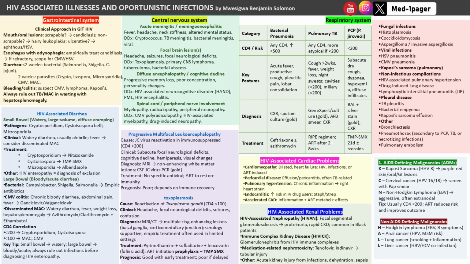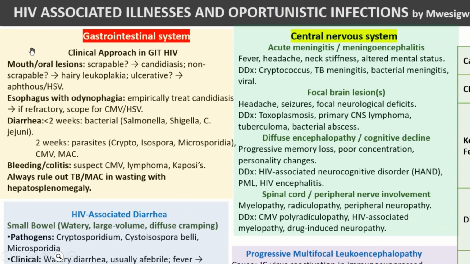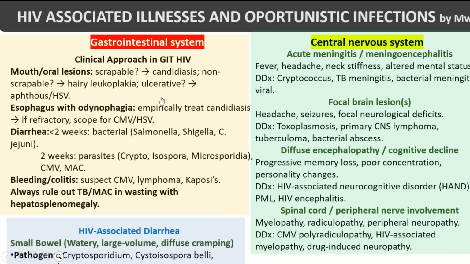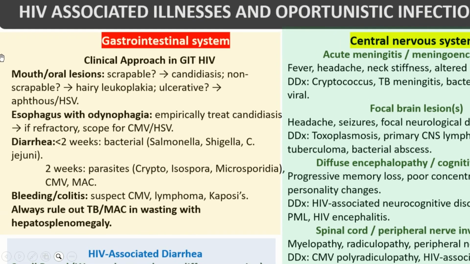So, in this video, I cover the associated illnesses or opportunistic infections in five systems. That's the gastrointestinal system, the central nervous system, the respiratory system, the cardiac system, the renal, and as a bonus, I talk about the AIDS-defining malignancies and some other common malignancies in people having AIDS that may not be as